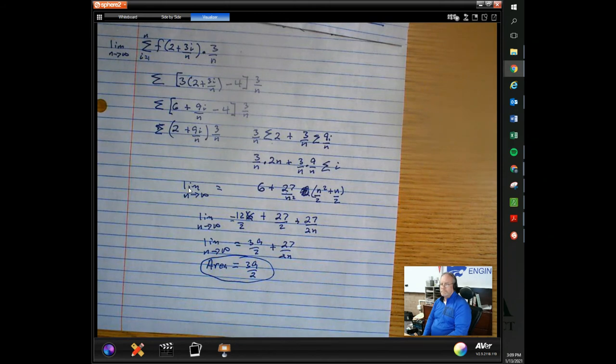So good problem. I'm going to do another one, but I want you to try to do it by yourself. So I'm going to pose the problem and then pause it and then see if you can do this, or you